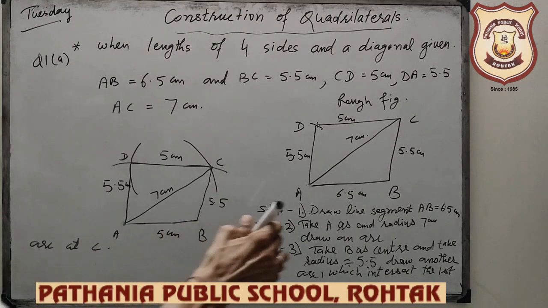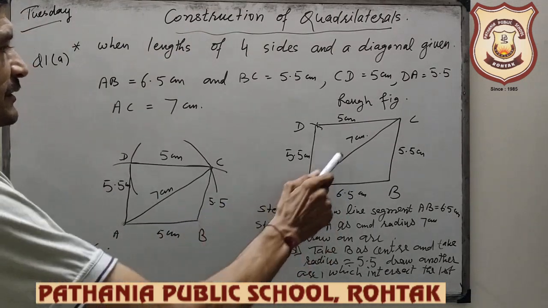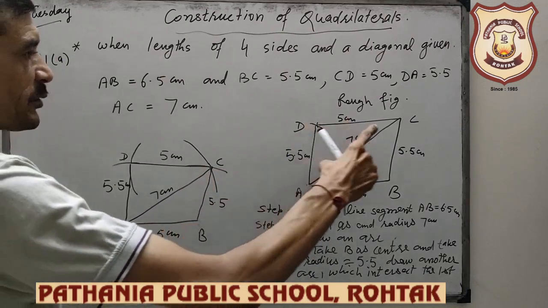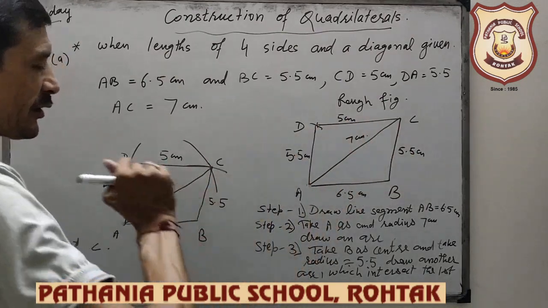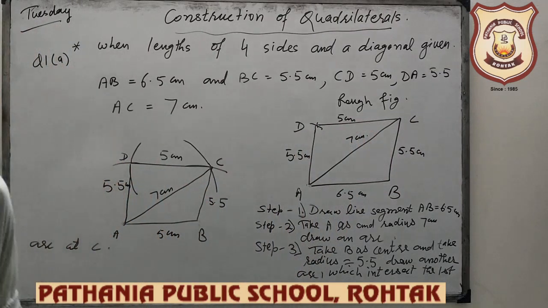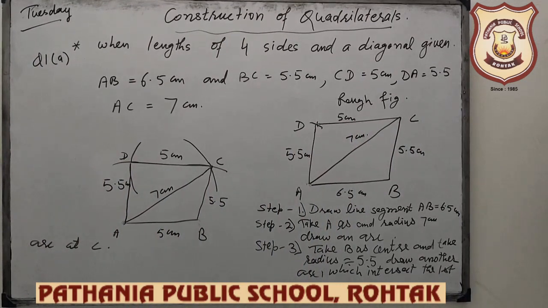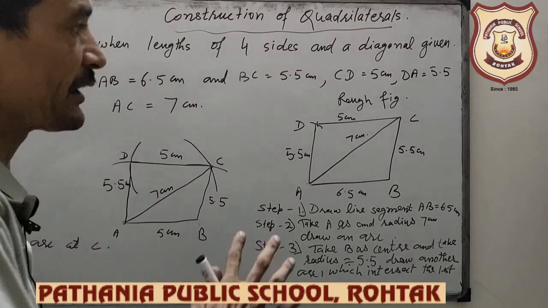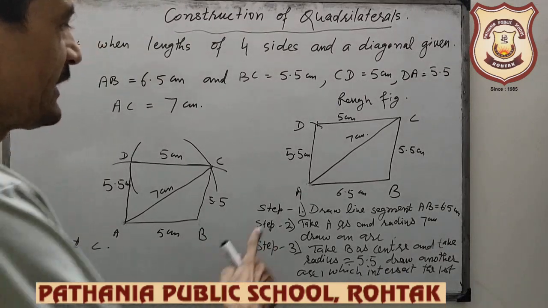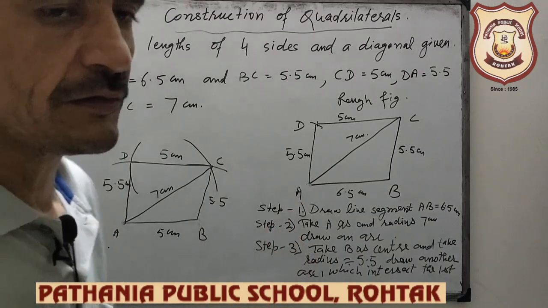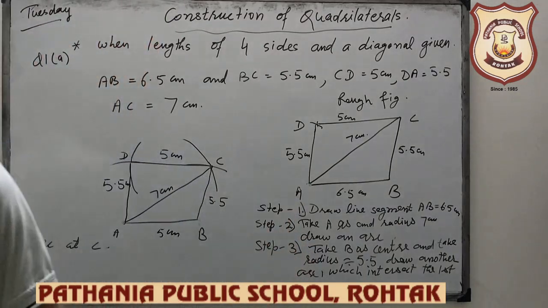Listen again. According to given, open your compass up to the given length and then draw the arc. And in the last, join these. This is the way how we should draw the given quadrilateral according to given condition. And these are the steps of construction. Complete these steps also. I am going to solve the next.